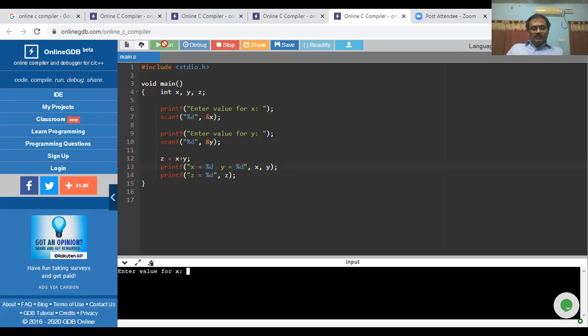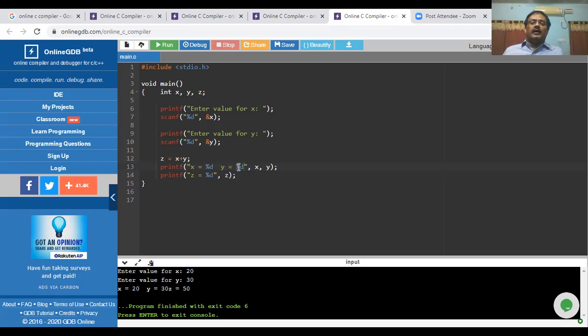Enter value for x, enter value for y. You see what is happening here? It is printing x is equal to the value of x, y is equal to the value of y, x is equal to 20, y is equal to 30. And then the next printf statement, z is equal to the value of z, z is equal to 50. But here, as a continuation to this line, z's value is printed.